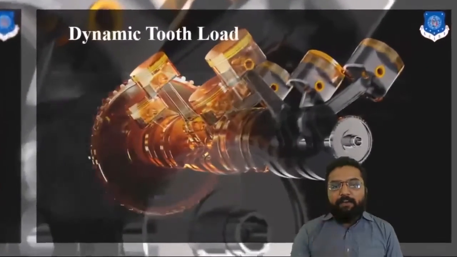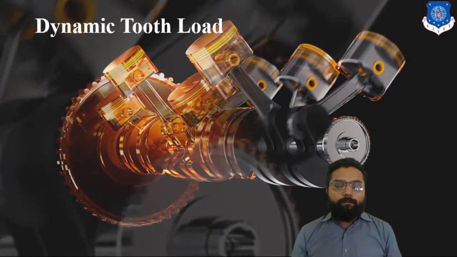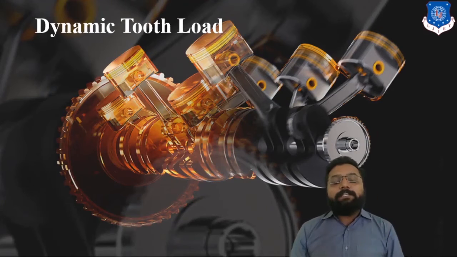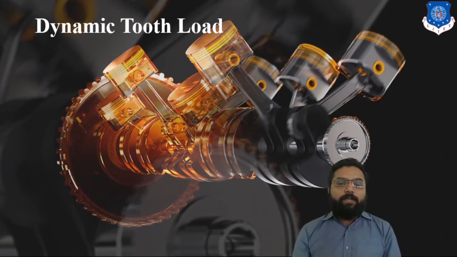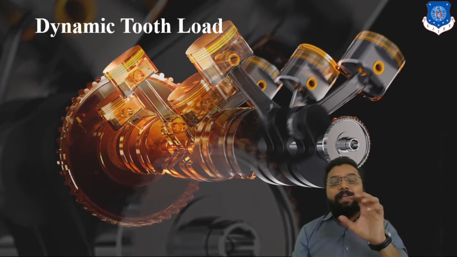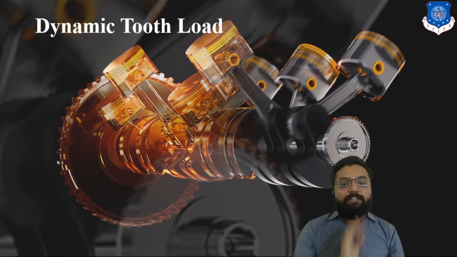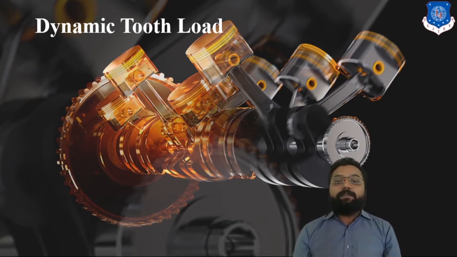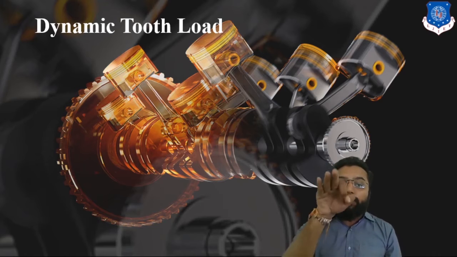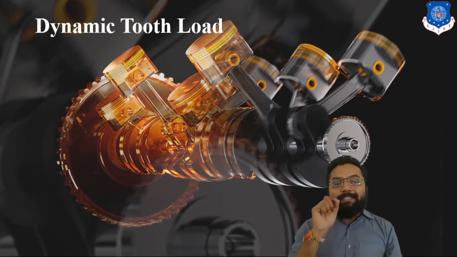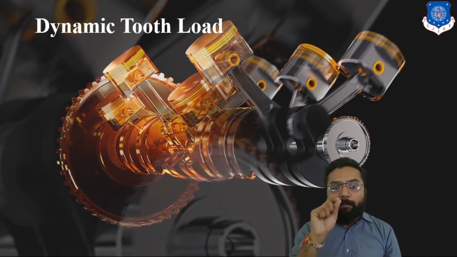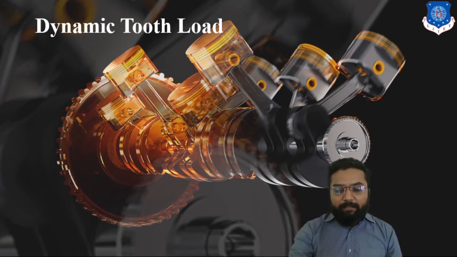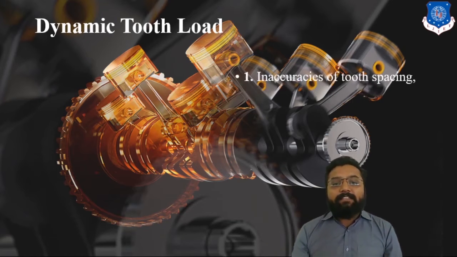In that case, the first stress is the dynamic tooth load. That allowable stress is nothing but a stress calculated on paper, which depends purely on your inputs rather than working conditions. Here, the working stress is your real stress, which always acts in working condition. Clear? It is represented by the multiplication of allowable stress into velocity factor. The second thing is the dynamic tooth load.